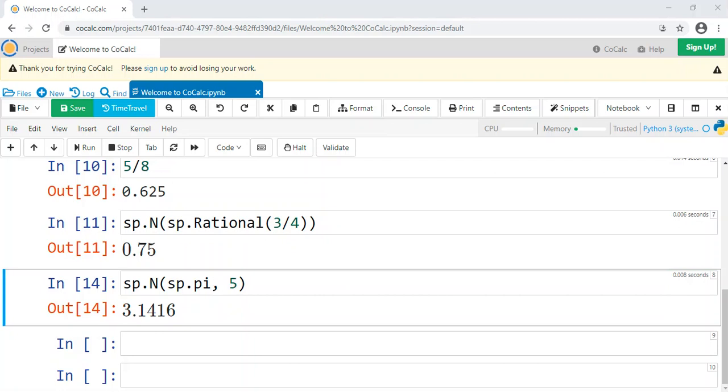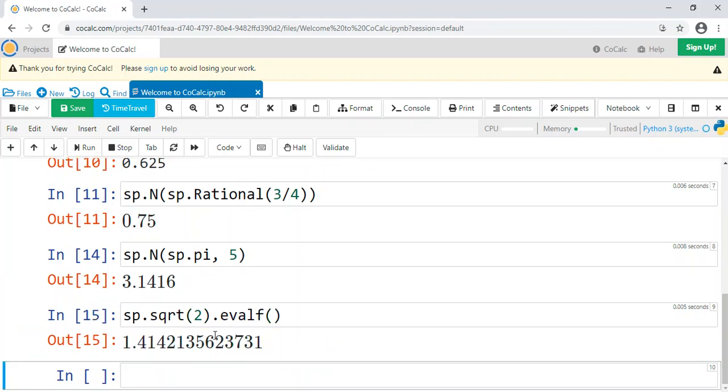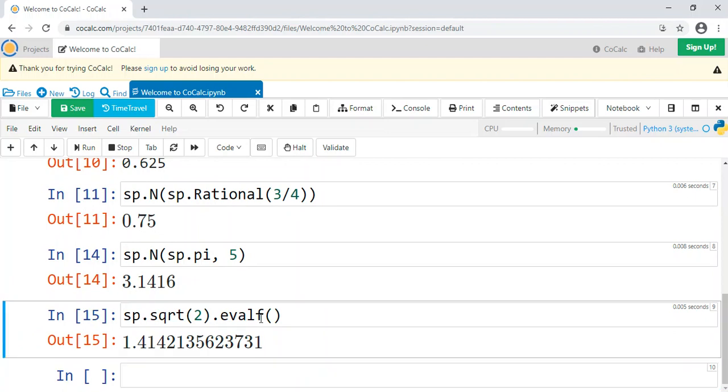You can also put at the end of your SymPy expression .evalf(), and so that would be, for example, sp.sqrt(2).evalf(). Okay, and if you run that, instead of radical 2, it'll give you a decimal approximation of radical 2.